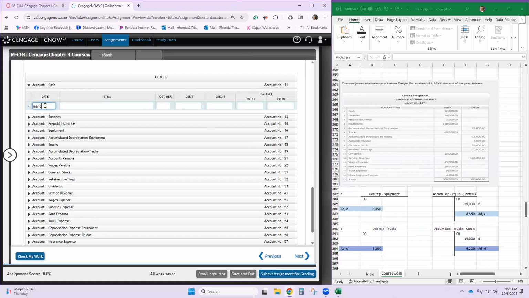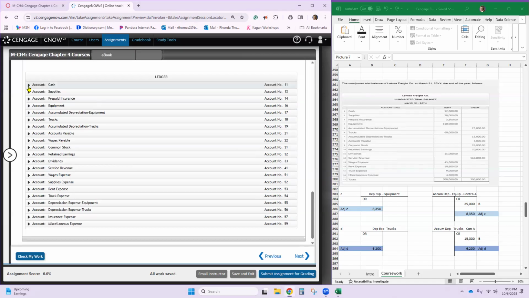We're not going to put a balance in any account that isn't on this unadjusted trial balance. Don't put a debit in, don't put a credit in, just put the amount that it would have as the balance. So for example, $12,000 as a debit in cash, close it.